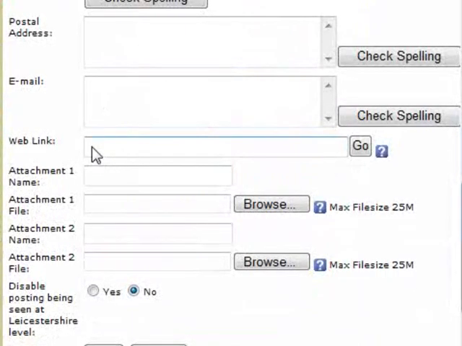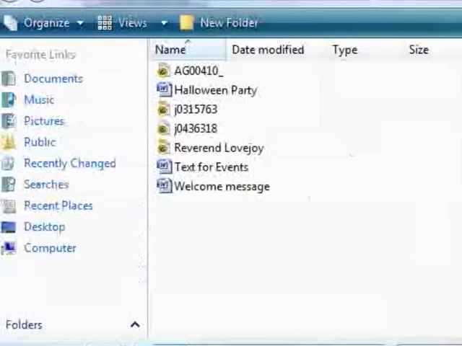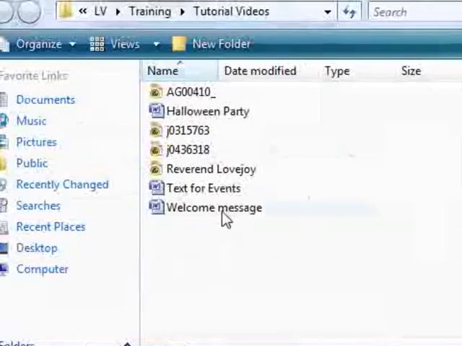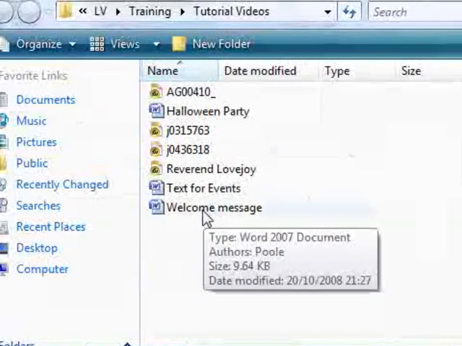You can also go ahead and add a web link. What you'll also find is a section where you can add up to 2 files as attachments. It could be anything from a Word document to a video file, for example. It could be a little video introduction to the church. I'm going to actually add a little welcome message from the Reverend, and all I'm going to do is click on the browse button, and I'm going to find a little Word document which is on my computer,